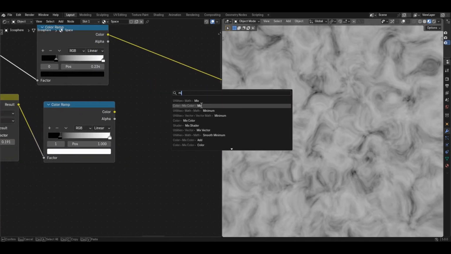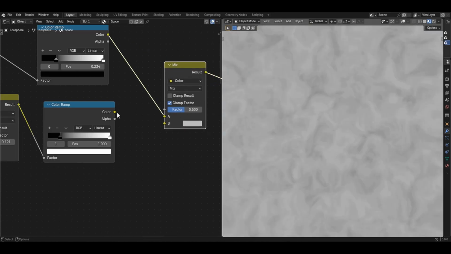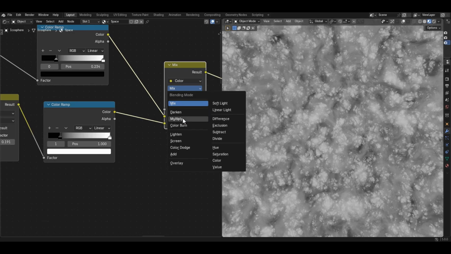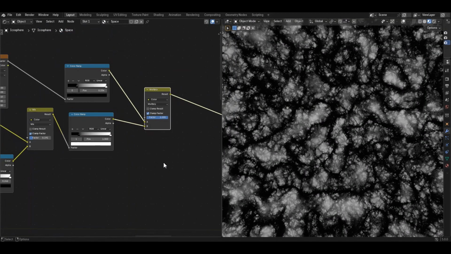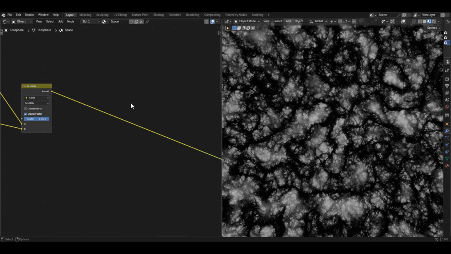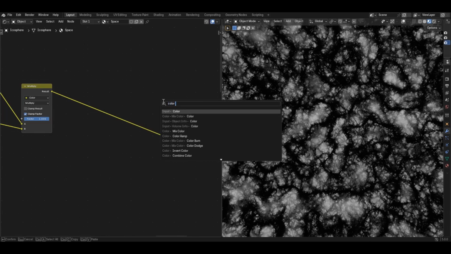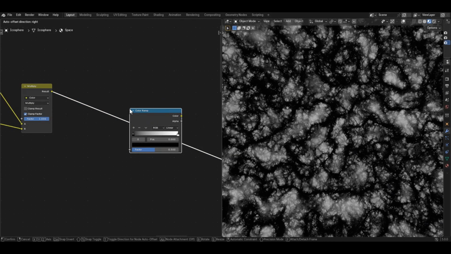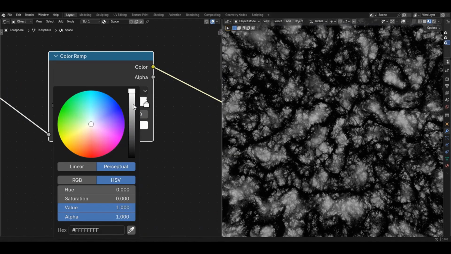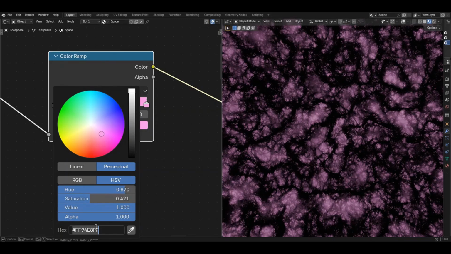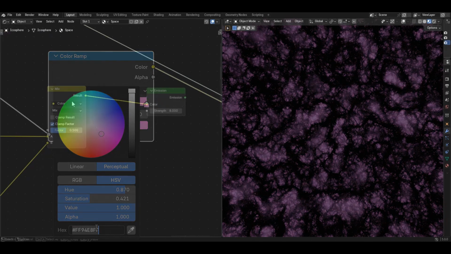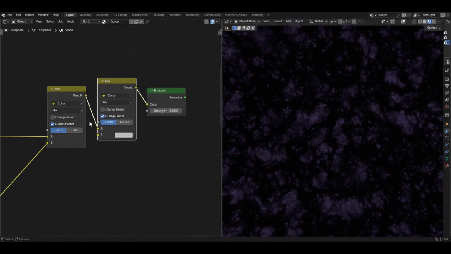Add a mix color node. Change this to multiply and turn the factor to 1. Then we are going to use a color ramp to colorize this thing. Hit Shift A, color ramp, put it there, then change the white to purple. Specifically, we are going to use the hex value of 523666 FFF. Then duplicate the mix node,